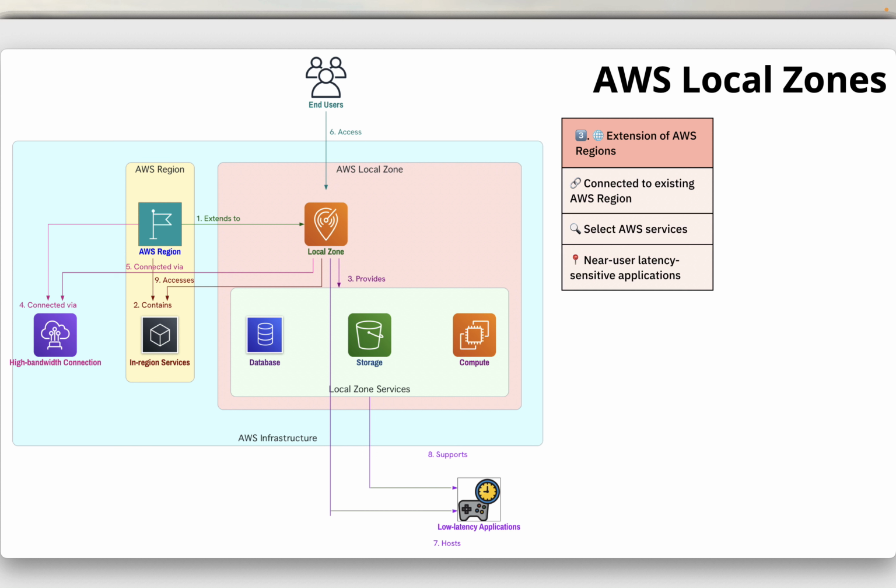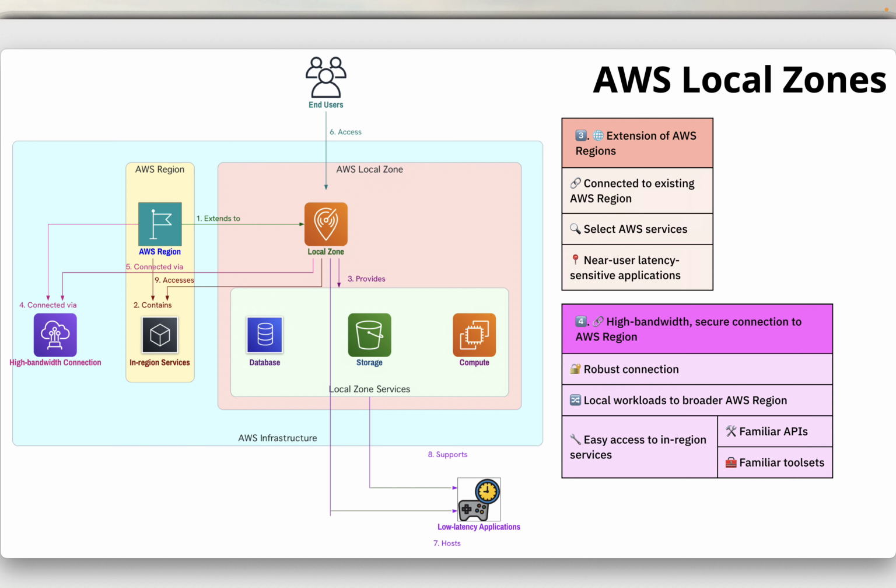Each local zone is an extension of an existing AWS region, offering select AWS services and enabling the running of latency sensitive applications near users. It provides a robust connection between local workloads and broader AWS regions, facilitating easy access to in-region services through familiar